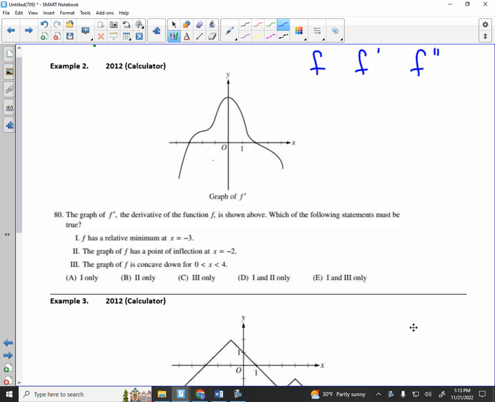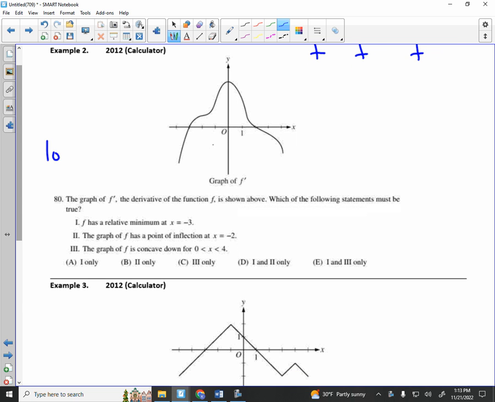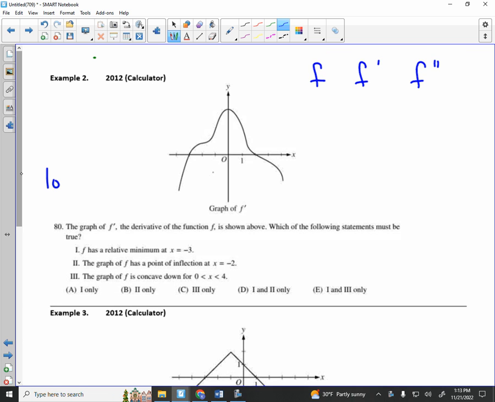A local minimum. Can somebody tell me, first of all, which graph am I given? Am I given F, F prime, or F double prime? This is F prime. And I know that a local min happens when F prime changes from positive to negative. Does F prime change from positive to negative at -3? It changes negative to positive, right? So actually there's a local max at